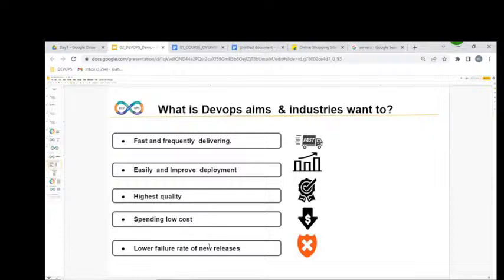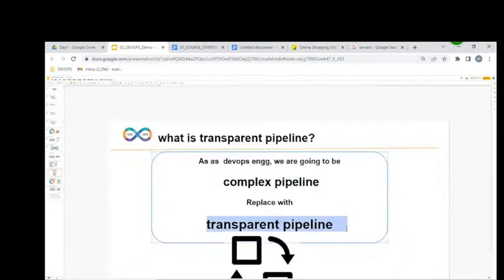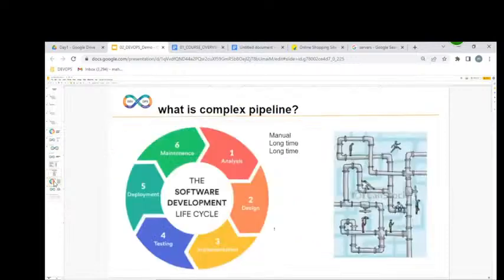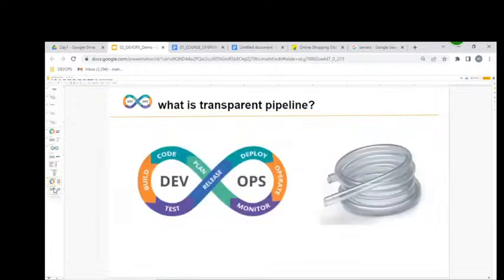These are the features and advantages of the DevOps process. Once you replace it, the pipeline is transparent. Our SDLC process is complex; the DevOps process is transparent.